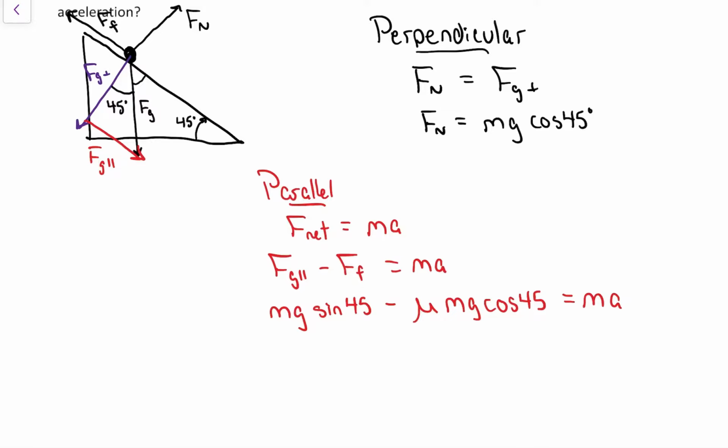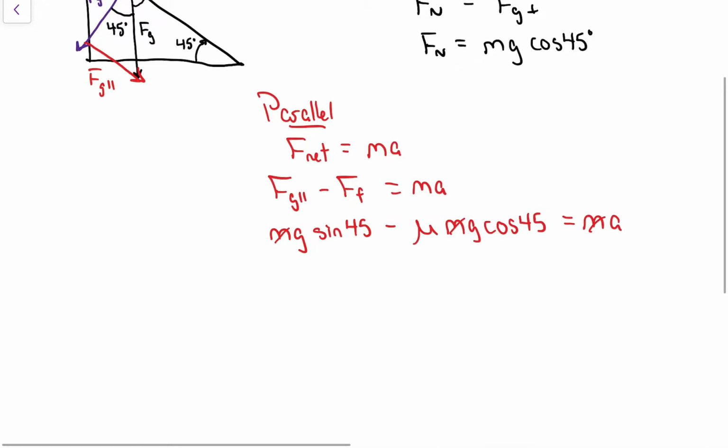What's cool about these gravity questions, these incline questions, sorry, is since they're driven by gravity, we've got an m in every term. So far, in this case, that will change up as we go. There's enough here that we can solve for the acceleration. It's 9.8 times the sine of 45